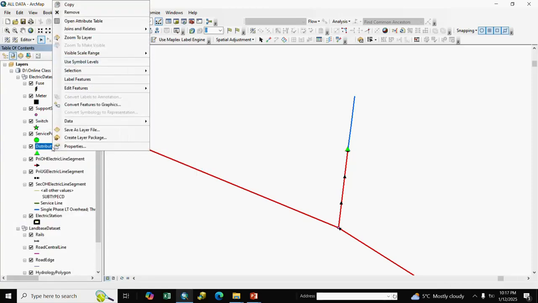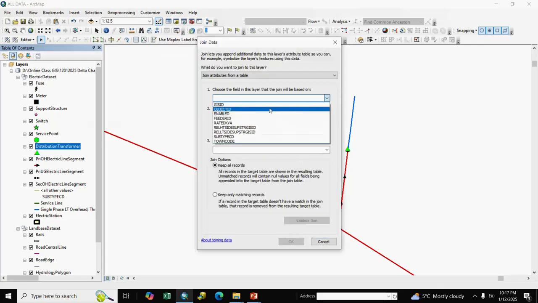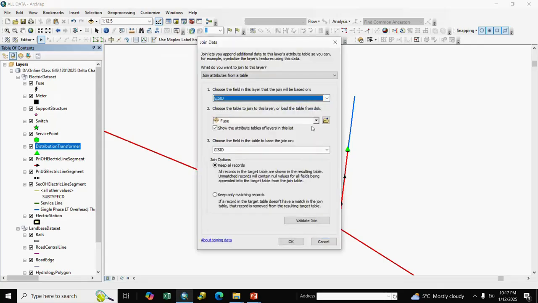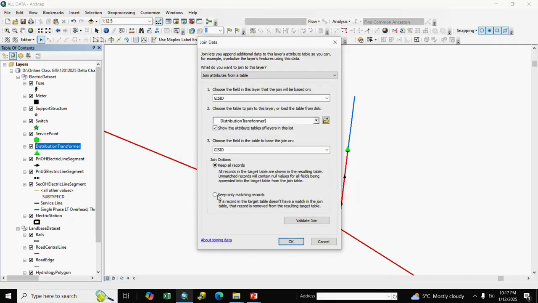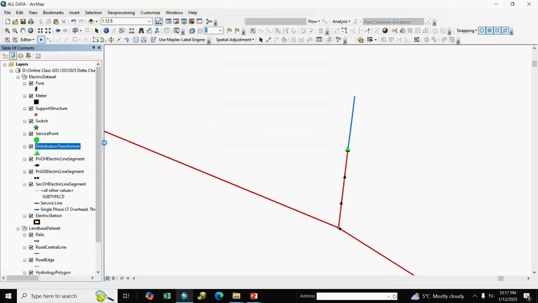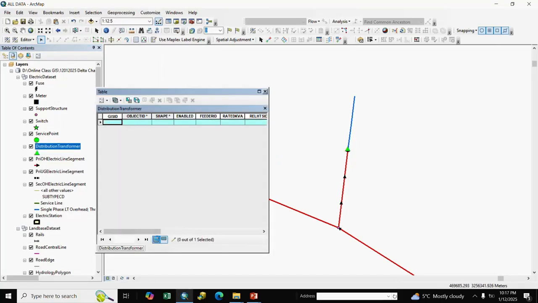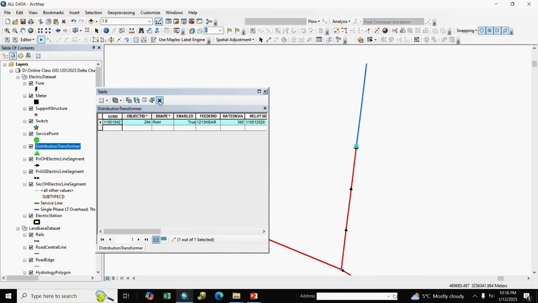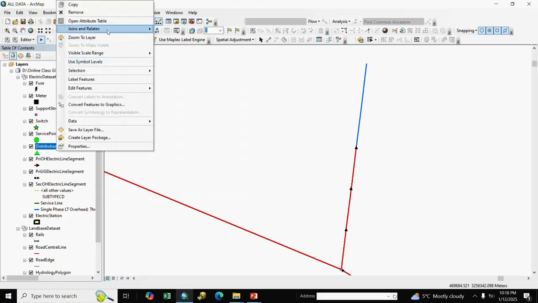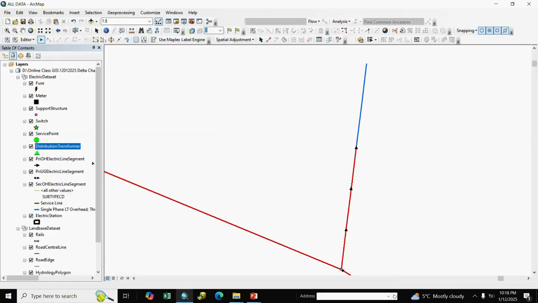Next DTR: we go to DTR, join, select the GIS ID, distribution transformer, add, keep only matching records. We open the attribute table, select the DTR and delete it. Right click and remove the Excel.